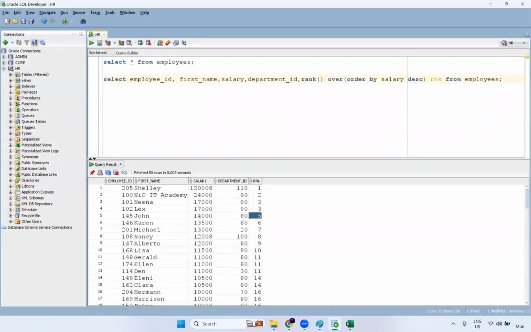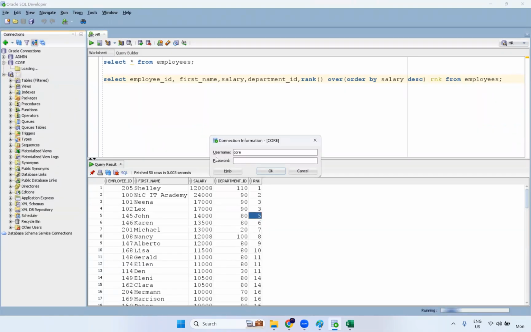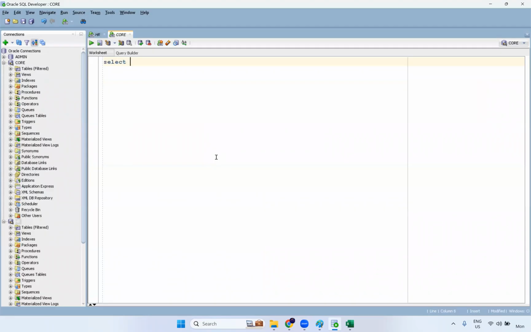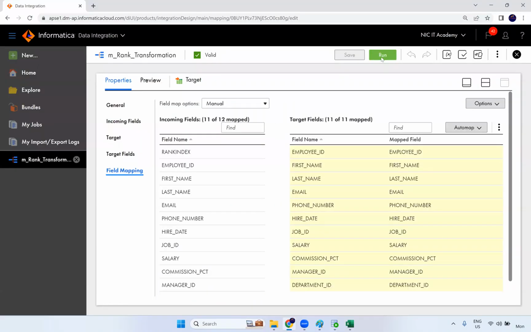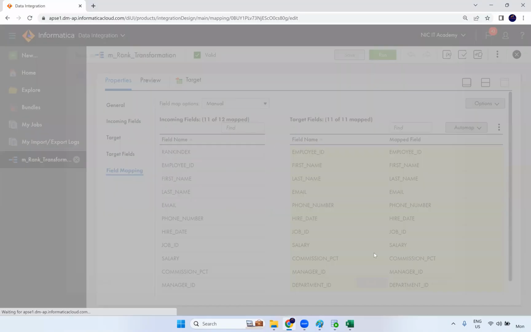So before running, I will show you this table here, the target table. Select star from T_employees table. This table I'm going to load. You can see here, there is no data. I'm going to run it. It would load top